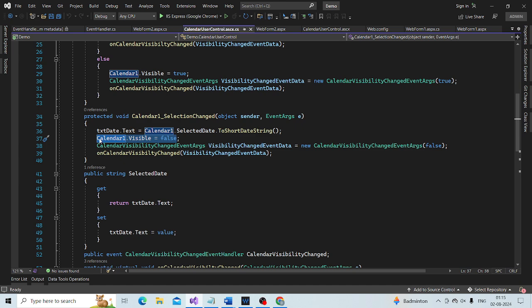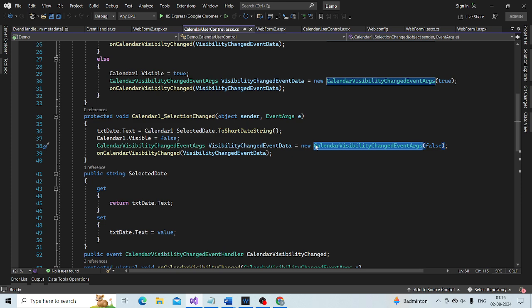And then we are passing that value to the constructor of this class, CalendarVisibilityChangeEventArgs.